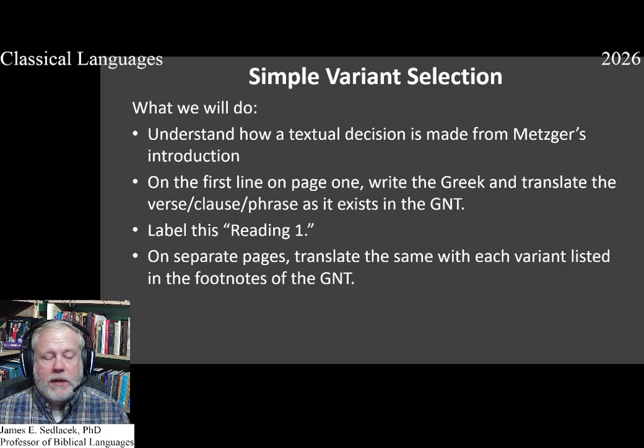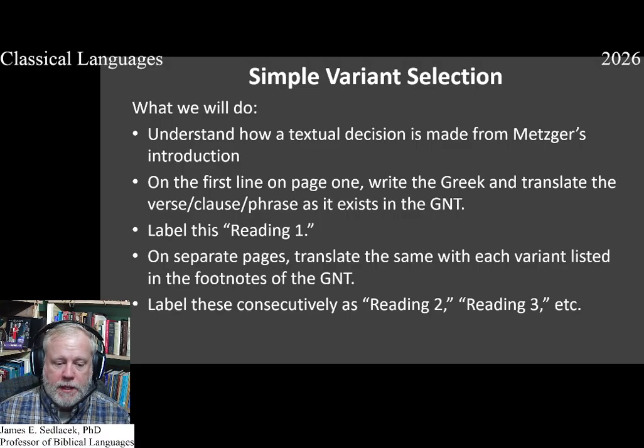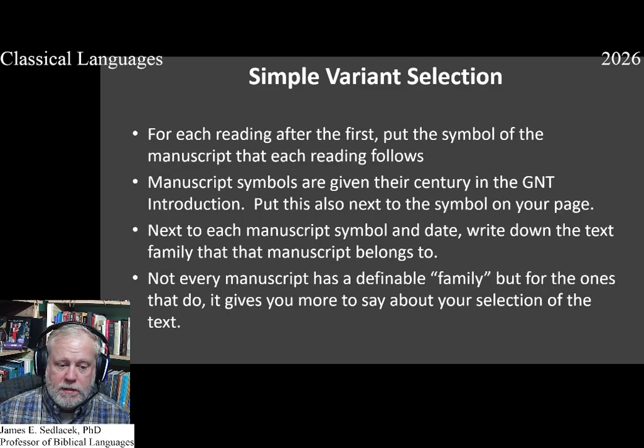On separate pages, translate the same verse, this time with each variant. So your first page is going to have it as the text exists. Your second page is going to have it as the first variant suggests, and then as the second variant suggests on the third page, and so forth. The number of pages you will have will equal the number of possible readings that are cited there. There may be more cited elsewhere, but we're limiting this to what is cited in your textual apparatus. Label these consecutively as reading 2, 3, etc., however many you might need. For each reading after the first reading,